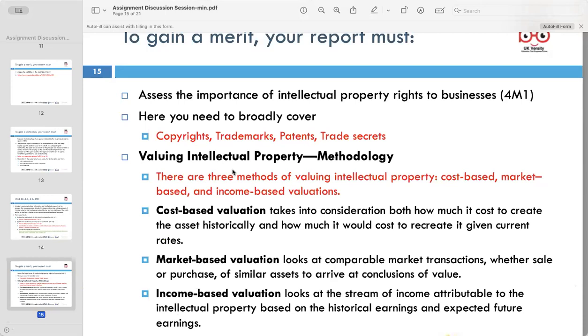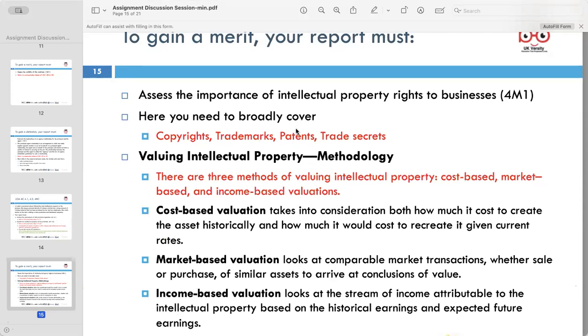Basically discuss how copyrights protect original work of authorship, such as training material, giving businesses exclusive right to use and produce these materials. So trademarks: highlight the significance of trademark in branding and businesses' identity, discuss how trademarks protect distinctive signs, symbols, and names, enabling businesses to differentiate themselves in the market.